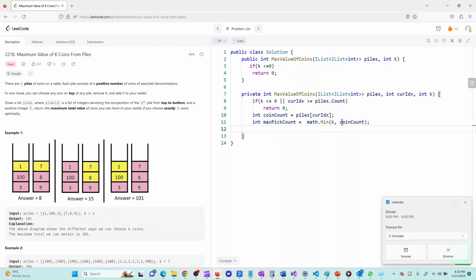Okay, so now as we discussed we have two options. The first option, option 1, is don't pick a coin from this pile. If I'm not taking this pile, that means I'm going to pick from the next pile. So my next pile would be current index plus 1, and the number of coins stays the same because I have not picked any coin from the current pile. Then it returns some value, so let's say integer result,